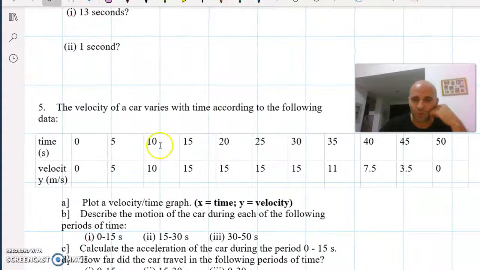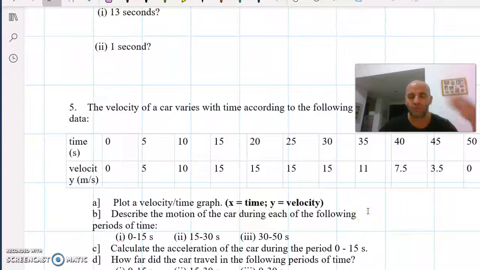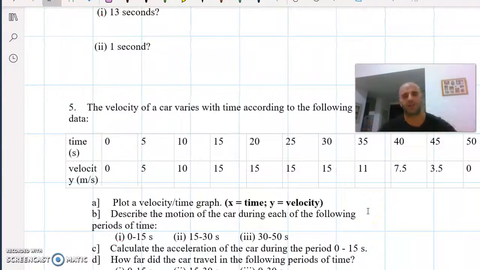Notice that the time goes up in 5 second increments all the way to 50, and the velocity seems to peak at about 15, seems to flatten off for about 20 seconds, and then drops back again. So that should form a nice curve, something like that. So give that one a go and make sure you put it in your